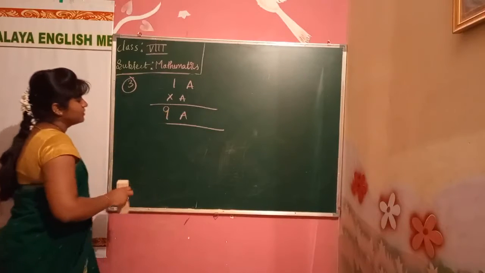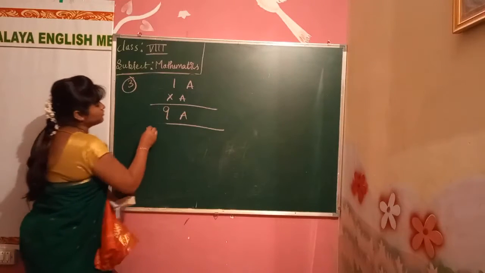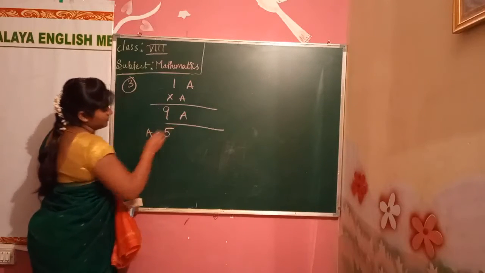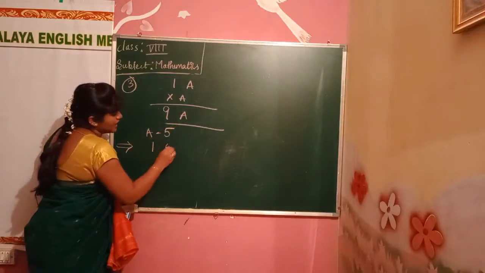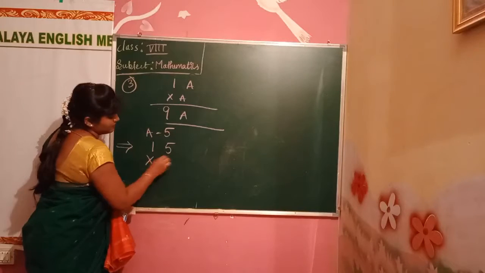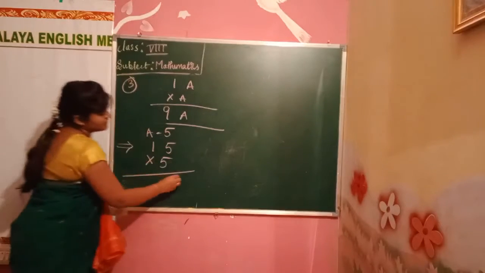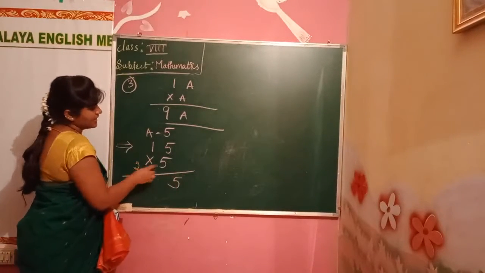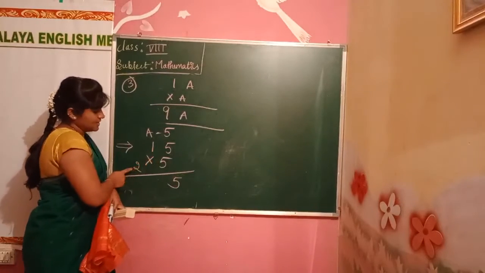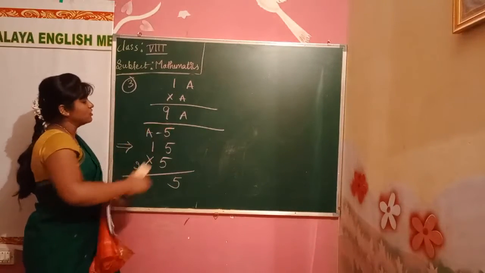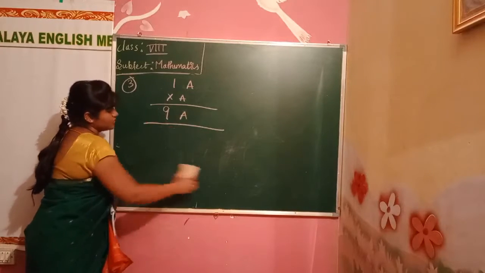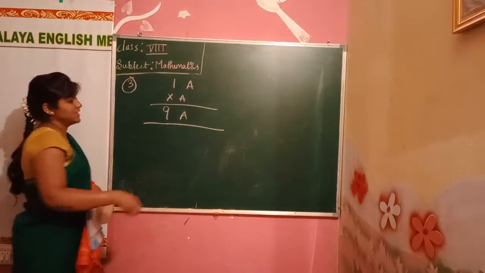Let's go to 3, no, 3 is not needed. Let's jump to 5. We'll jump it to 5 now. Add 5 there. Okay, put 5 there. 1 5 into 5. 5 5s are 25. 2 will be carry. 5 ones are 5. 6 7. But here we have 9. This also does not hold. We'll move on to the next number, that is 6.